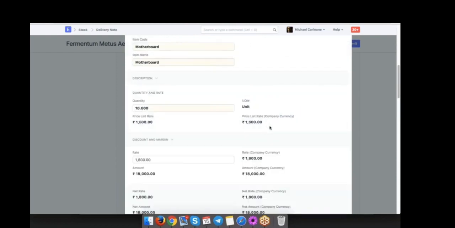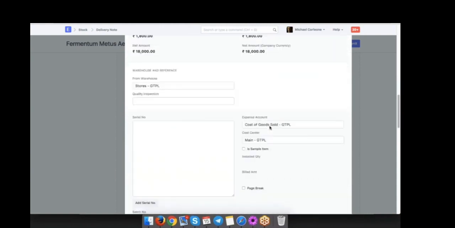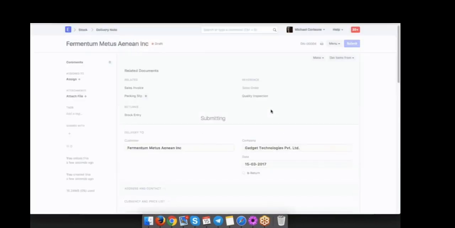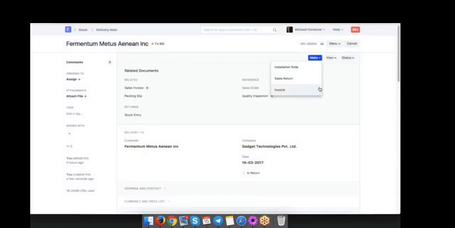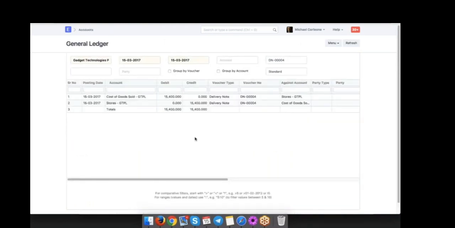So let's see. It should show the valuation rate, but I think it will come in version 8. So let's submit this delivery note and see its impact. So delivery note submitted. Now let's see the accounting ledger, and in here we can see that it has booked